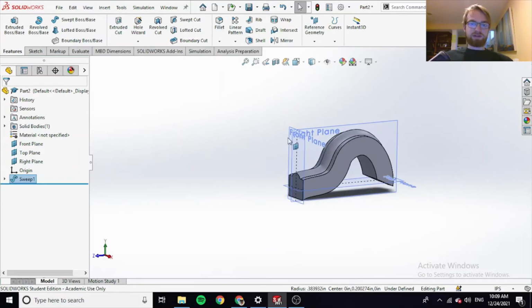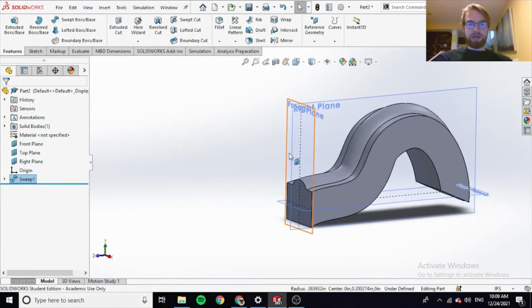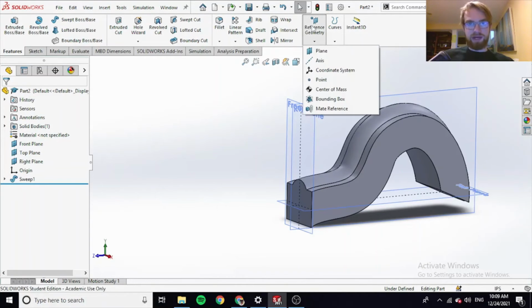So in order to do lofts, we need two sketches. So what I'm going to do is make another plane that's some distance away from my original shape, where I can make a second sketch, because we're going to use the sketch from the first example. To make a plane, I go to Reference Geometry, Features Toolbar up here in the middle right, Plane,